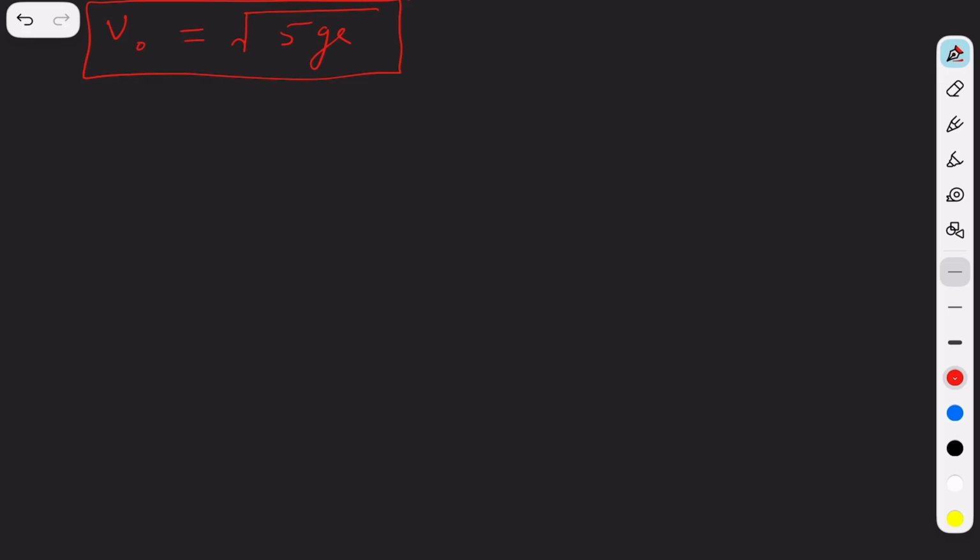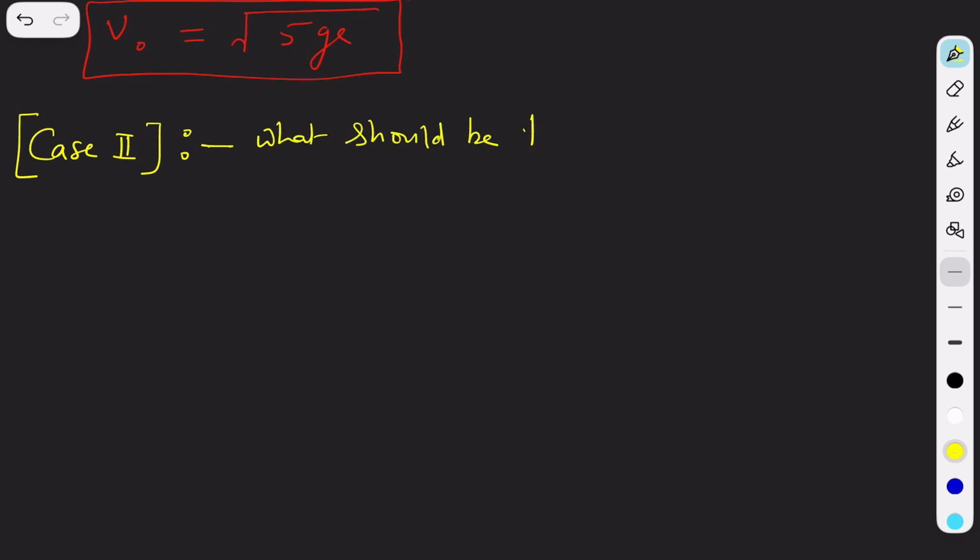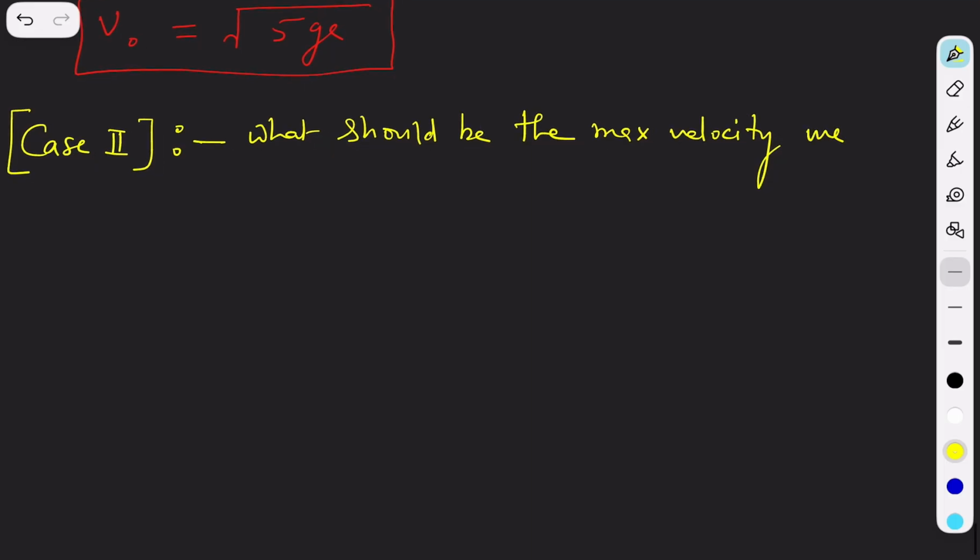So the second thing, case 2, is: what should be the maximum velocity we could give